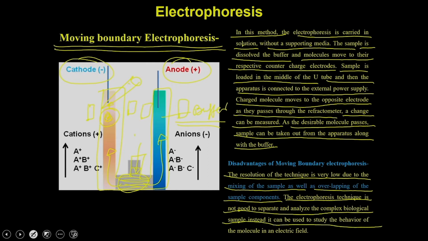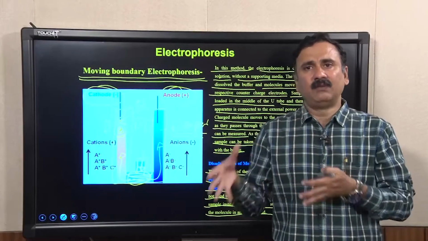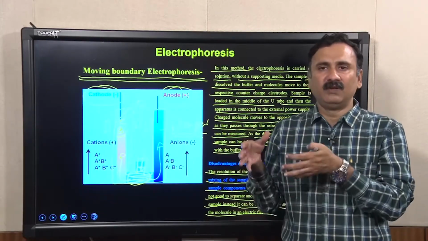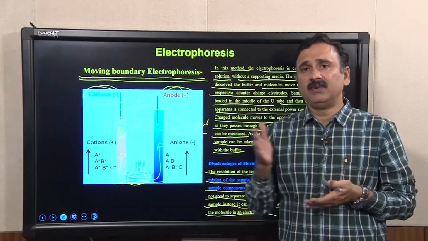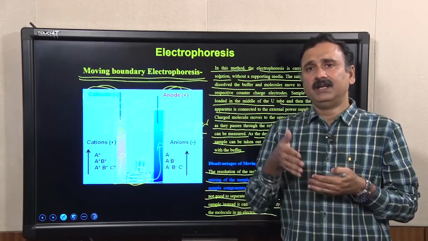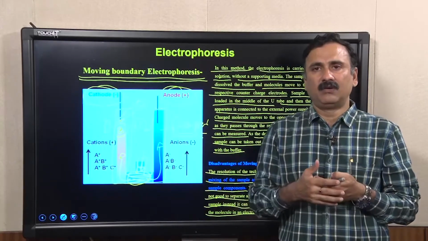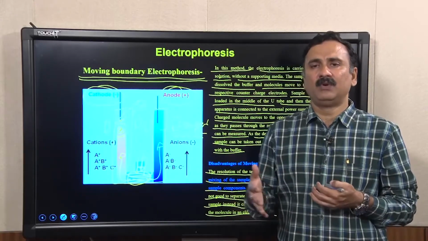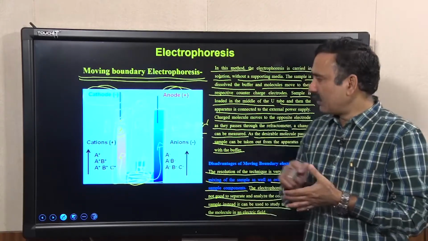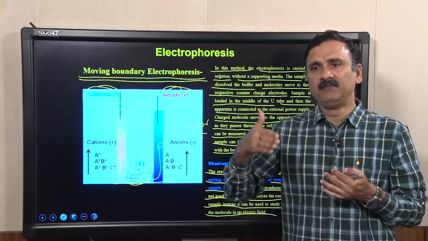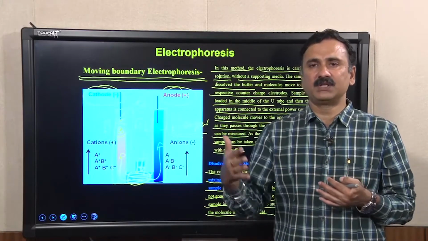Instead, it can be used to study the behavior of the molecule in an electric field, which means this apparatus was good enough to study the behavior of the molecule, whether the molecule will move towards the cathode or towards the anode, but it was never good enough to separate a complex biological mixture. For example, if you load E. coli lysate or mammalian cell lysate, it will not be able to resolve the samples, because you do not have any supporting media that would create any kind of friction or